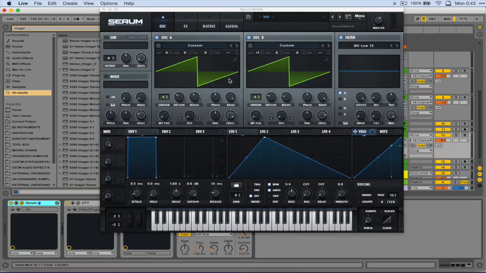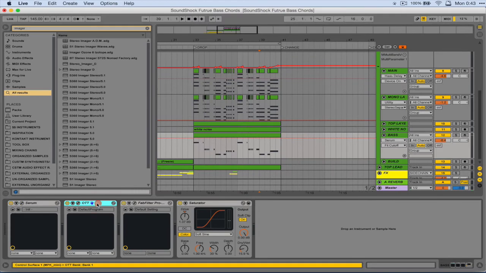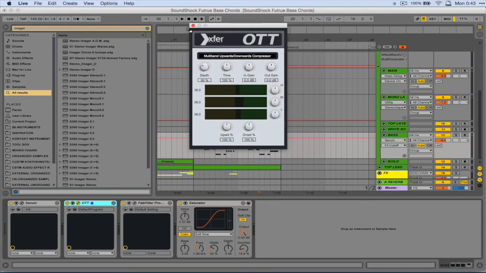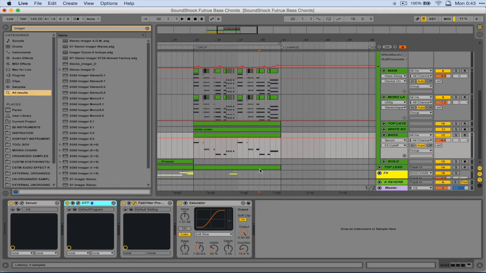So as you can see, it's just saw waves. Once again, I found that these really give the most power to your track, just using simple waves that will fill out the frequency spectrum. And then I have an OTT on it, just bringing out the sound a little bit. And I have an EQ,